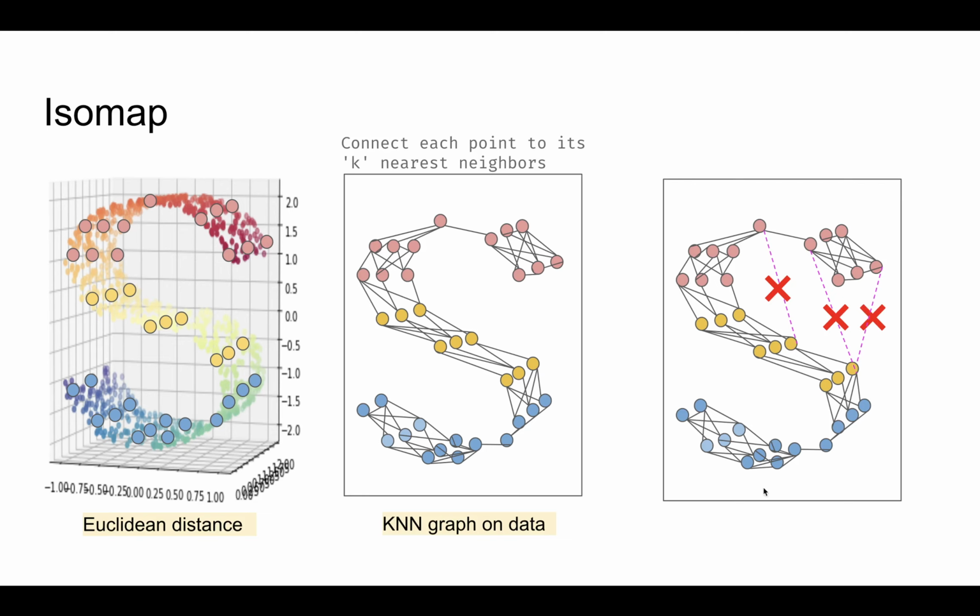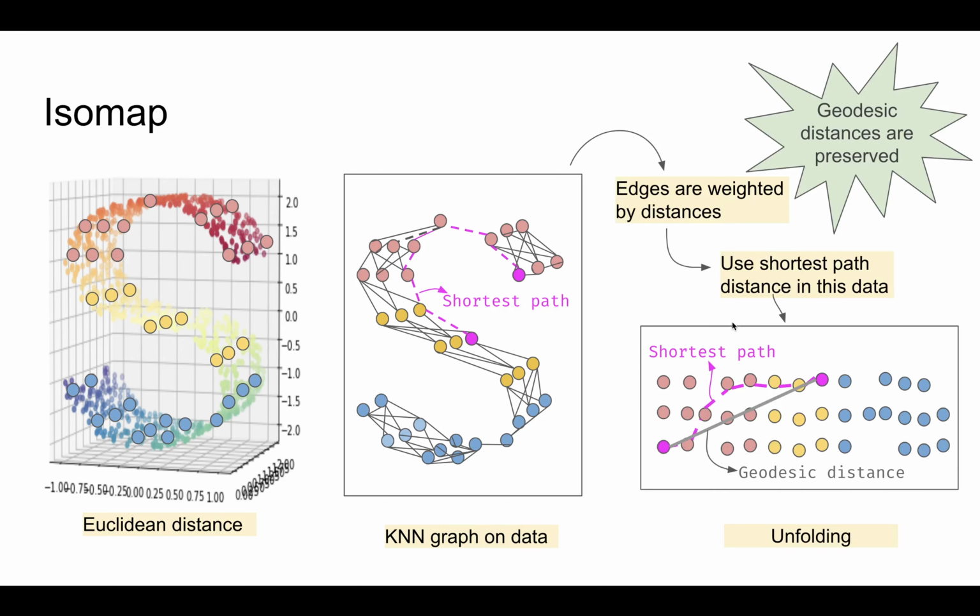So the graph would be along the surface of the manifold rather than creating these edges that are shown here. And if there are curvatures that are complicated, then this could happen. So that's a completely different topic, but just for this explanation, Isomap creates a KNN graph as shown here,